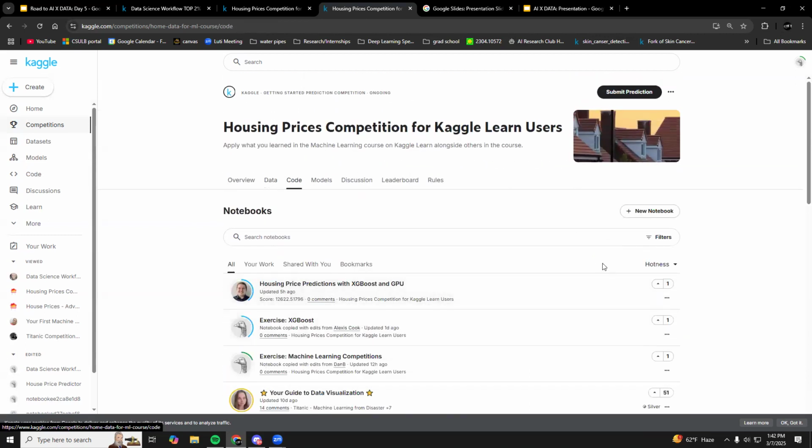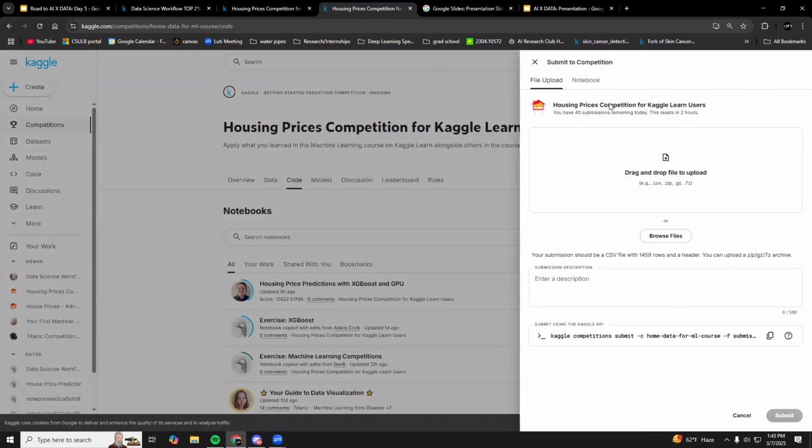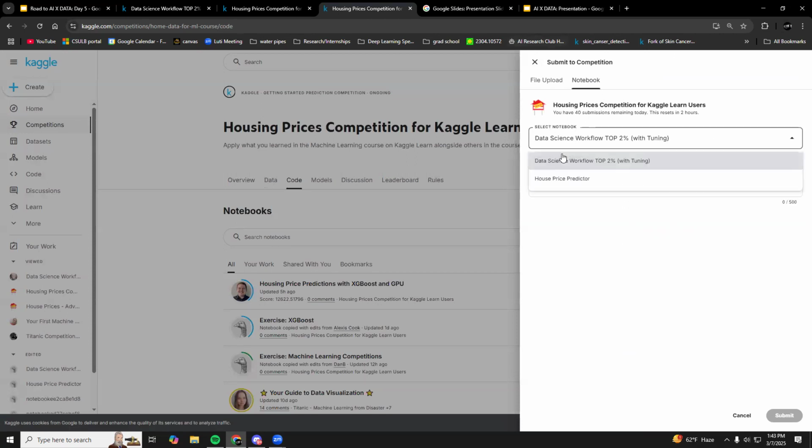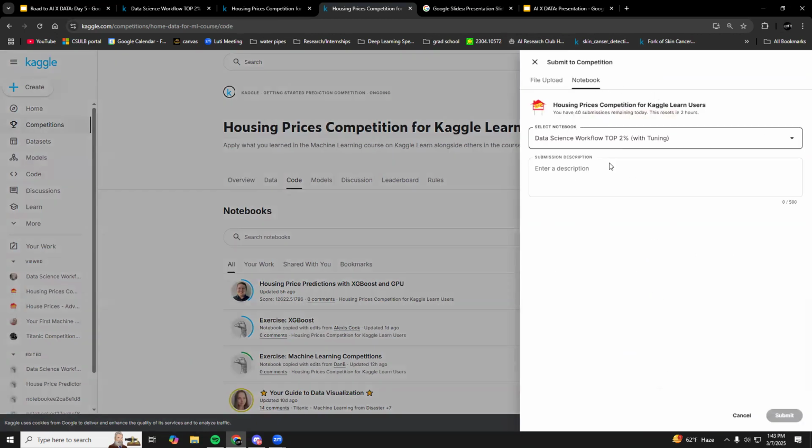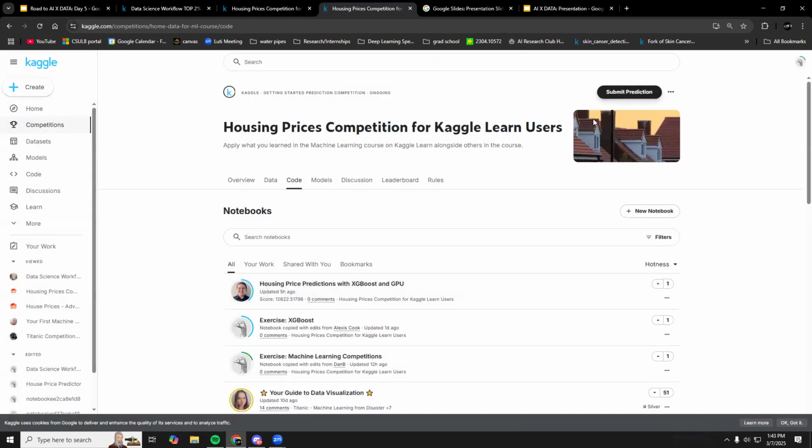And code, this is where we're going to be able to see your notebooks. This is why I said do it on Kaggle, because getting it onto the competition site is pretty easy. Once you hit submit prediction, you just choose a notebook that you have. But if you're coming from an external site, like Google Colab or Jupyter Notebook, it's not that hard. All you have to do is download your IPYNB file, put it on Kaggle, and then submit your prediction. I think they might have an upload file option? No, they don't. So you have to put it onto Kaggle first before you're able to submit your notebook.